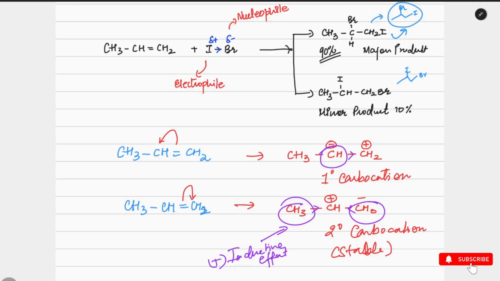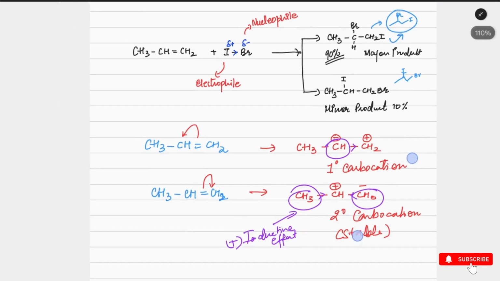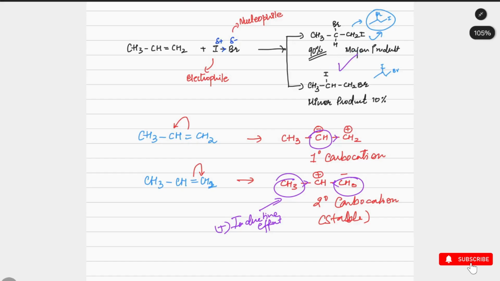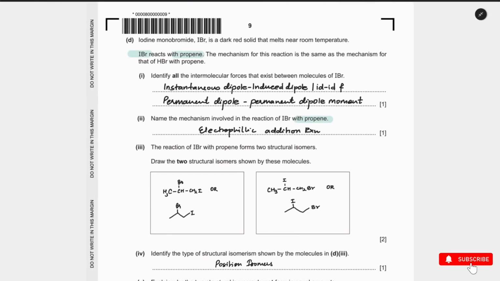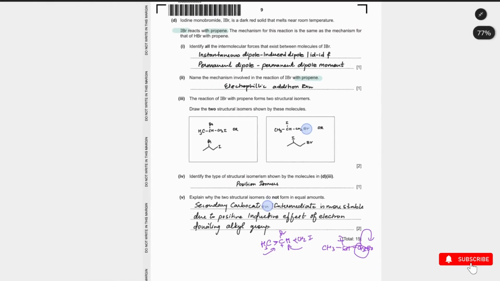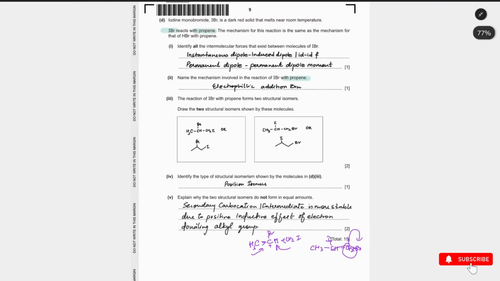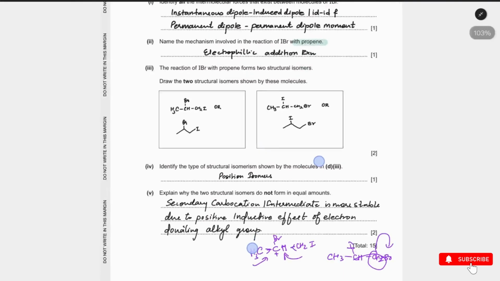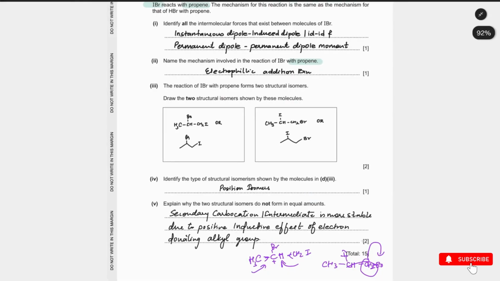All right. So that is why the secondary carbocation is more stable than the primary carbocation, and that is why over here we can get a major product, because it's a secondary carbocation which we are going to form. Okay. So this is how the Markovnikov rule comes into existence, where we talk about how these alkene groups can be broken down, and it follows the Markovnikov rule. All right, so this question is for 2 marks.